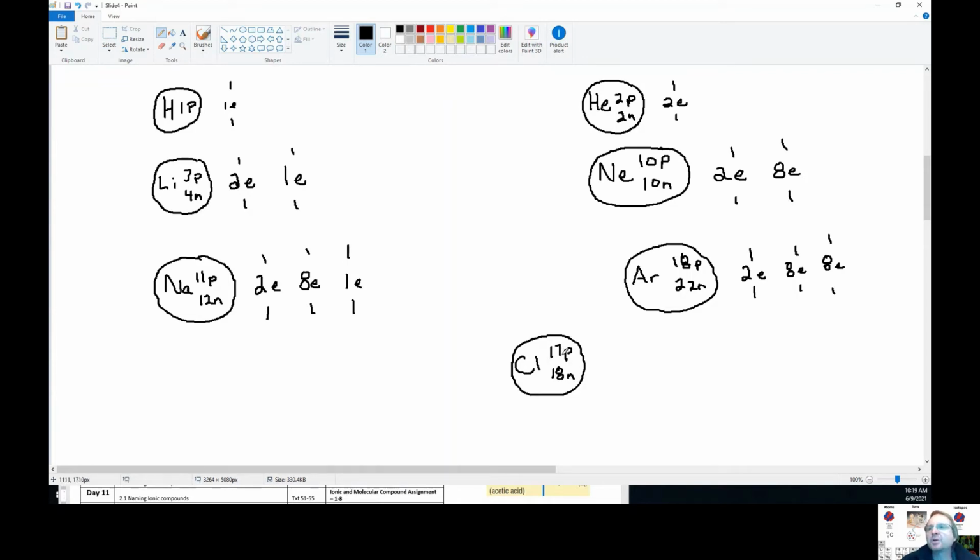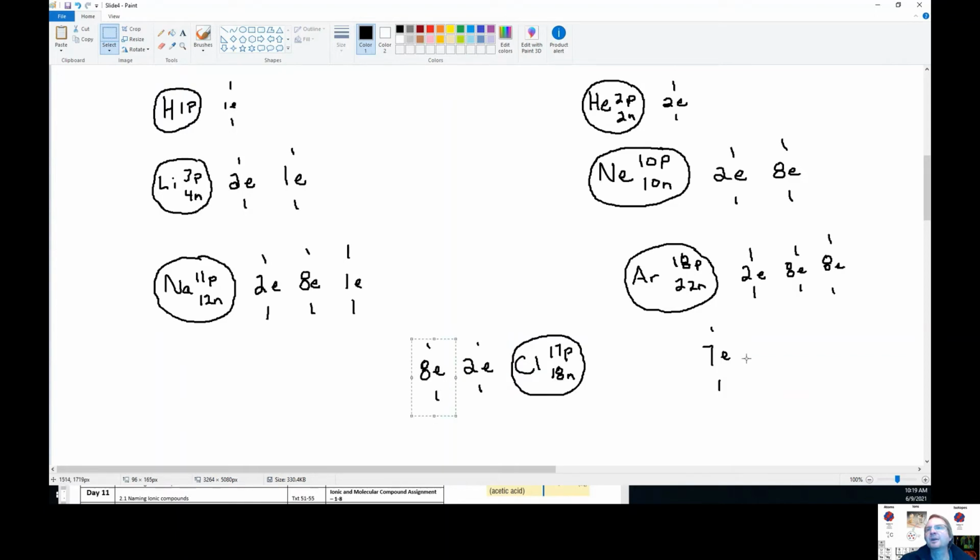Okay, 17 protons. Therefore, I've got 17 electrons to deal with. I've got to seat them, I've got to put them in their orbits. 2 in the first. Yeah. 8 in the second. Cool. 7. Oh, not quite right. Unstable. Actually, let's line this up a little differently with